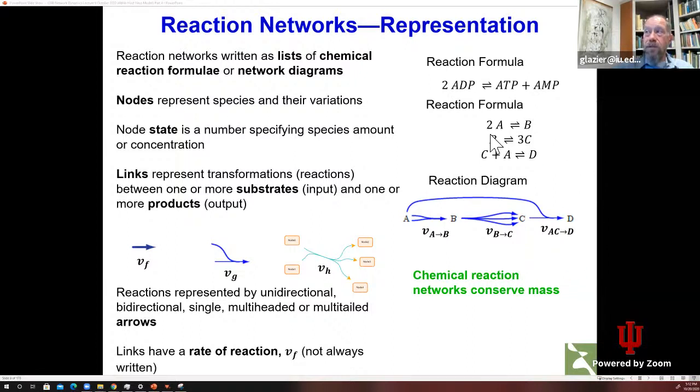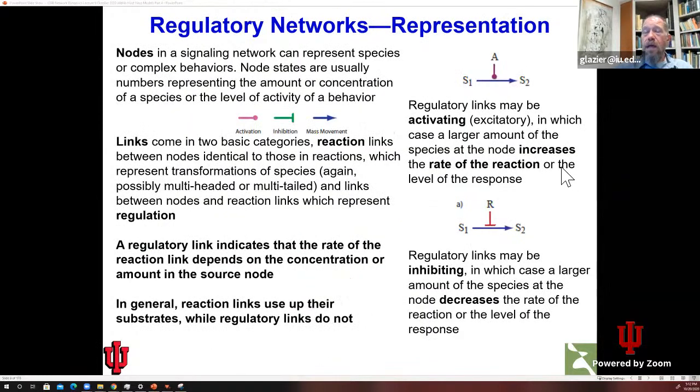What's more common is to use a number in front of the species name, like that. Here you see these double-headed arrows that chemists like to show bidirectional reactions. There's another notational feature that we're going to run into, and we'll run into it today. This comes about mainly when you have signaling networks or gene regulatory networks, but it also occurs in the cases that we're dealing with, which is that